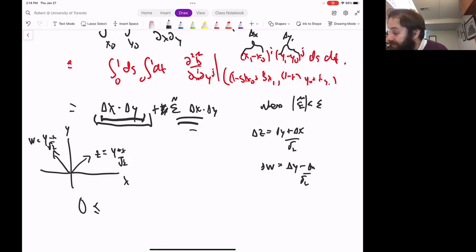So delta x, I guess, is delta z minus delta w over root 2, and delta y is probably plus. So what I have here is